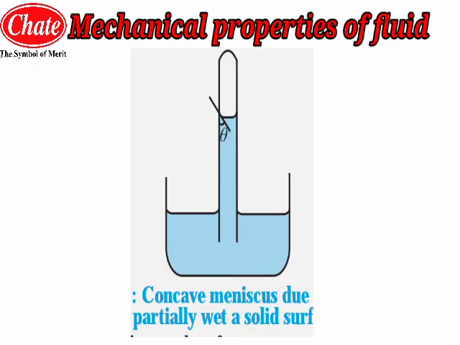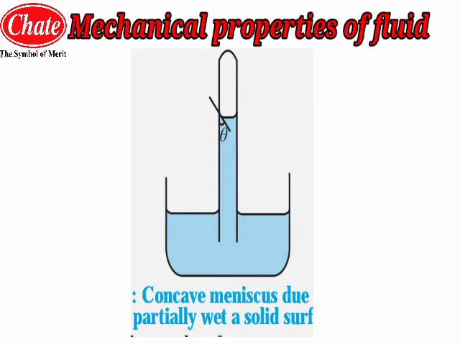Now in the next part we will see the angle of contact. In that, two cases we have to study. The first one is the concave meniscus and the second one is the convex meniscus. When a liquid surface comes in contact with a solid surface, it forms a meniscus which can be either convex or concave. The angle theta between the liquid and the solid surface is defined as the angle between the tangent drawn to the free surface of the liquid and the surface of the solid at the point of contact, measured within the liquid. So this is the angle of contact.